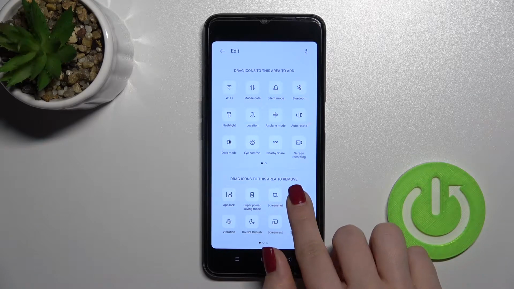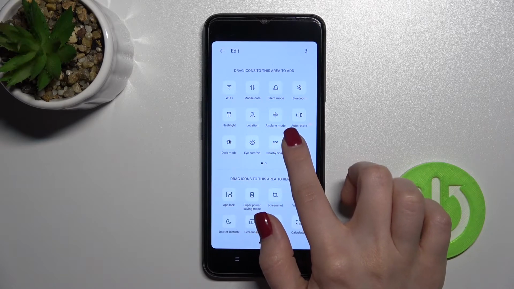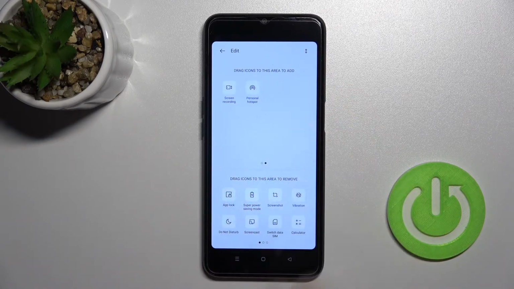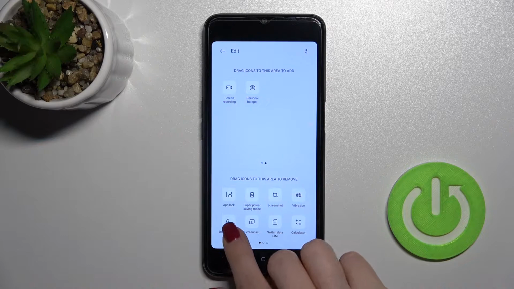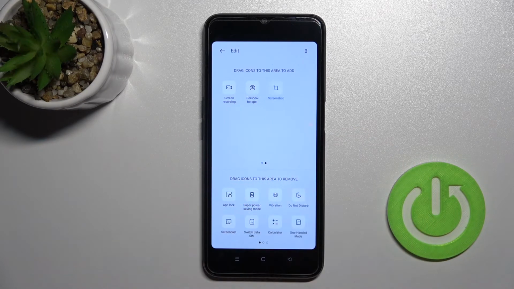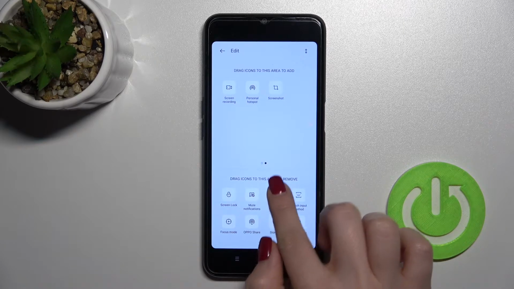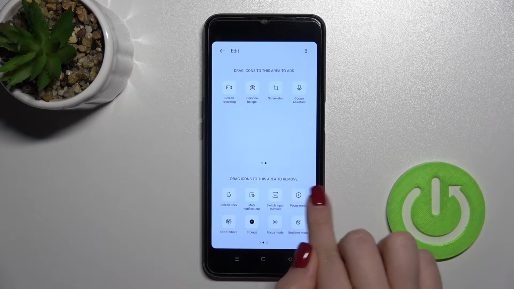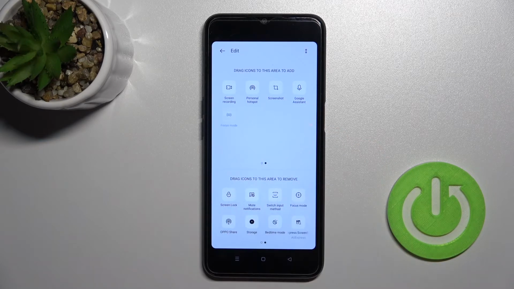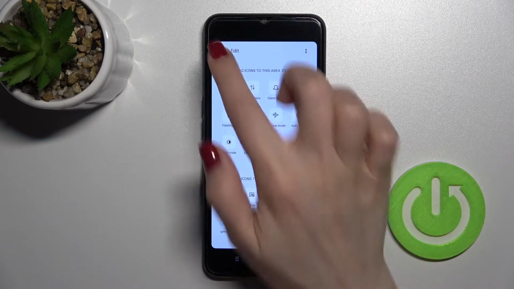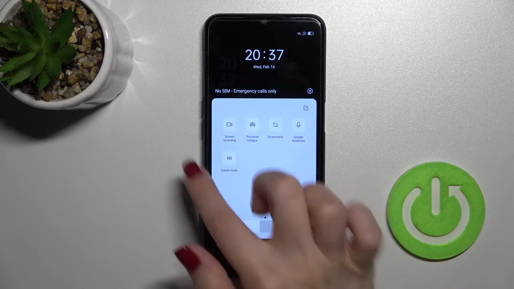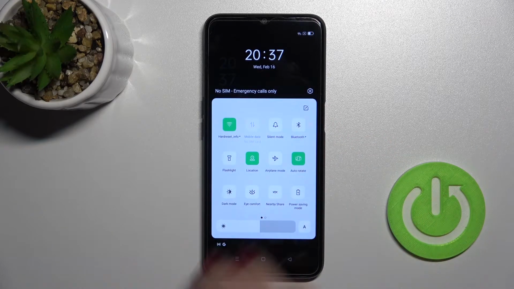Just hold for a while one of the icons that you want and drag it here to this visible area. For example, we can also add here the screenshot icon, and for example the Google Assistant icon. Just hold the icon and drag it here to the subsection. And now if you go back, you can see the changes here that we just successfully added the